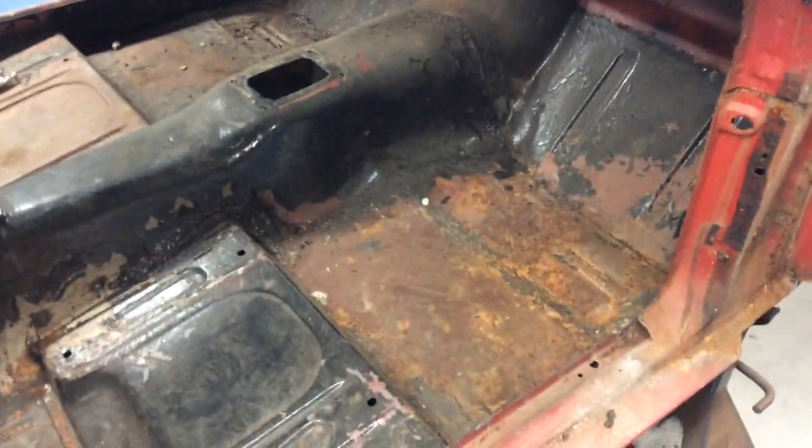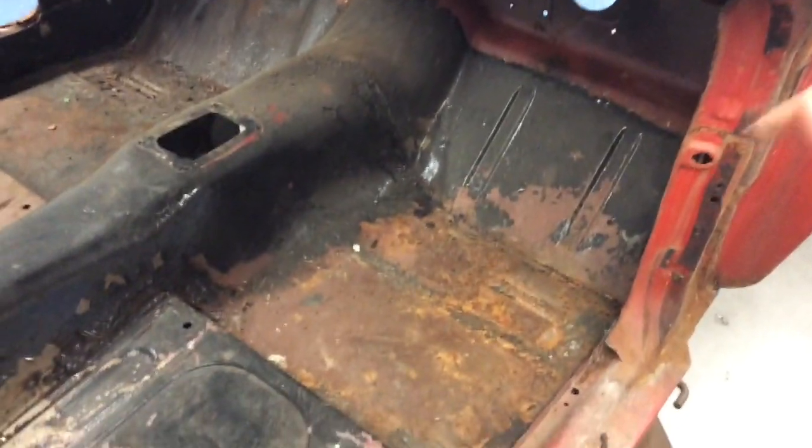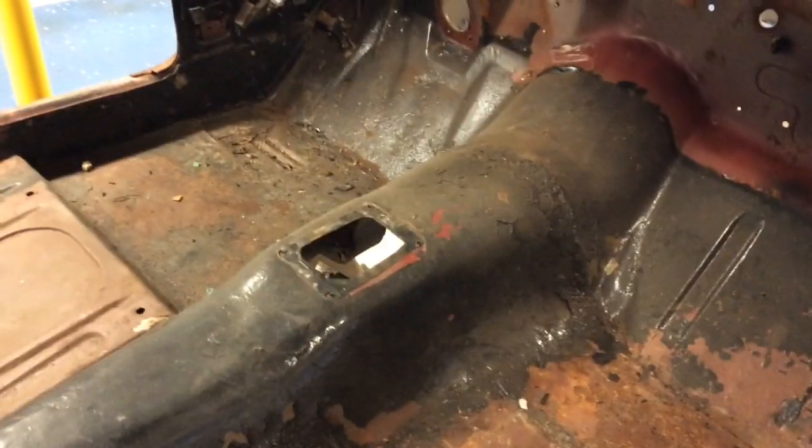We'll clean up all these posts, and then I'll be cutting out the floor on the front half, basically to expose the floor support so it's easier for me to put the new floor supports in. It gives you a lot more room to work around. And then after I get those floor supports in, we'll look at the toe boards where I separate them from that floor pan. And if they need any patchwork, that's when that will be done. And then we'll continue to work back